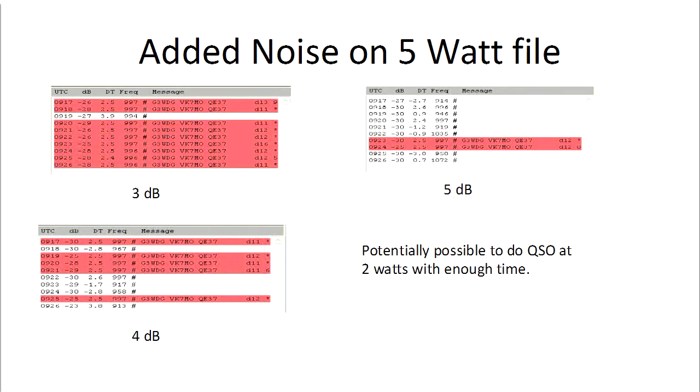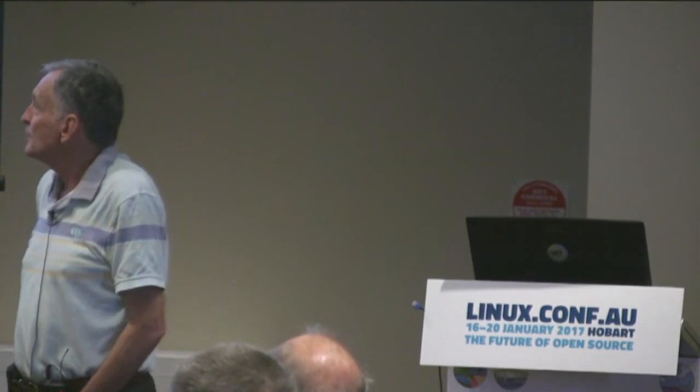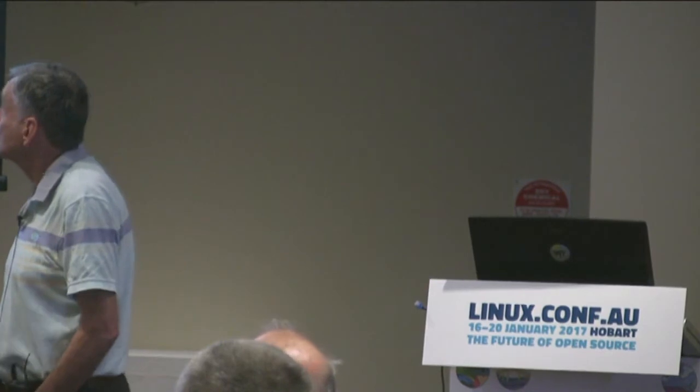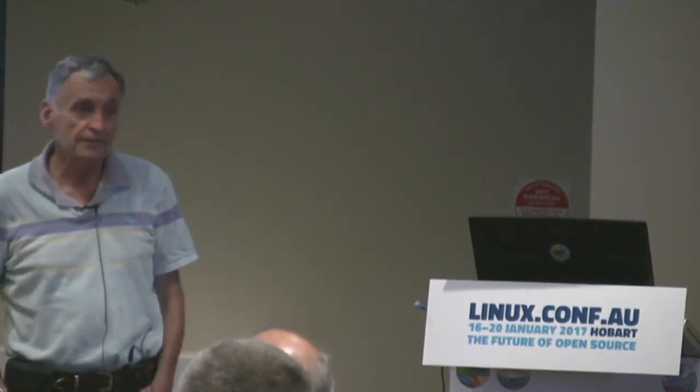2.5 watts. 4 dB, 50% of the time it's still decoding, and hams don't mind waiting until the next time. You know, ham communication is, when it works, you're happy, and if it doesn't work, you don't worry. Professionals don't really like this sort of communication. And if you had enough time, of course, you can wait and you'll get a decode even at 5 dB. So something like 2 watts is possible with this setup.